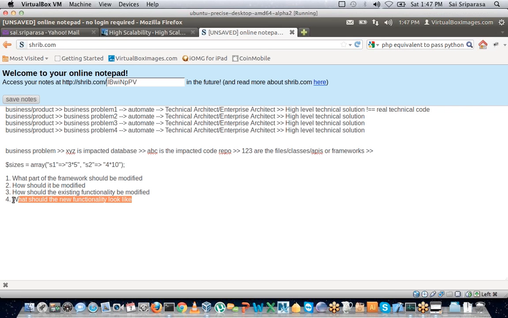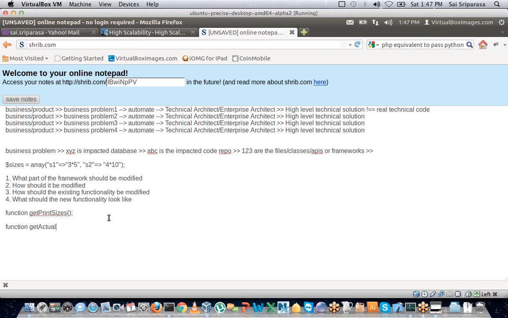And when it comes to this part, let's only focus on the fourth item, which is what the new functionality should look like. They wouldn't actually go in and then say get print sizes. Because if I go to a print page, I don't want all these sizes, I only want print sizes. So I need a new function, print sizes. So what they would do is just say, okay, get print sizes is going to be one function, and then they would say,